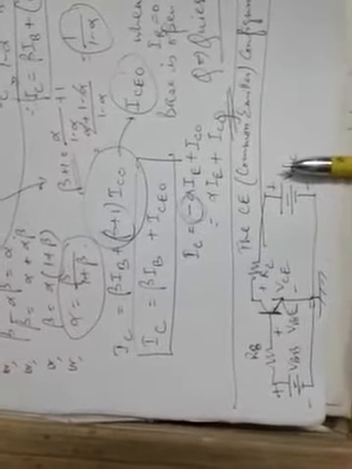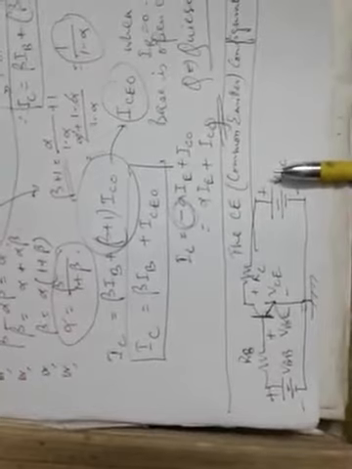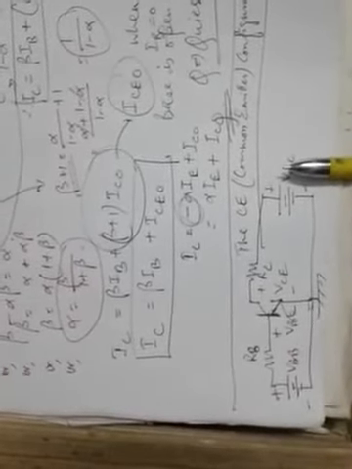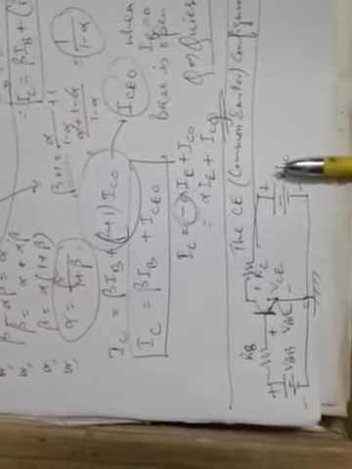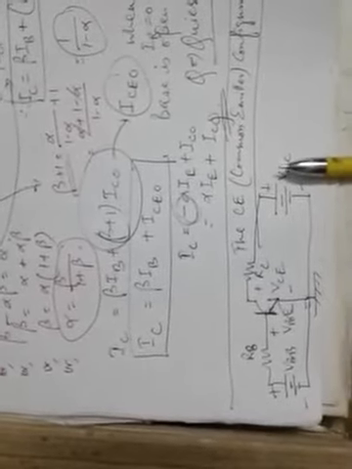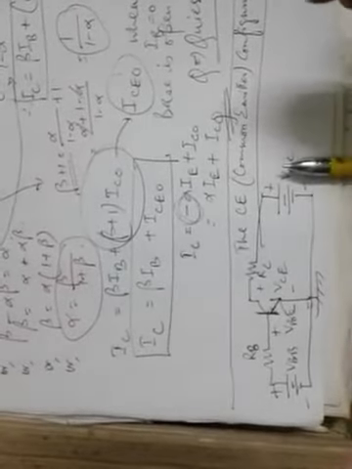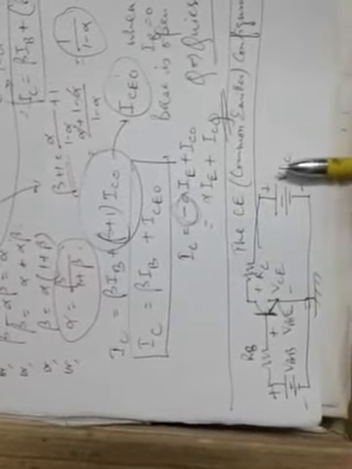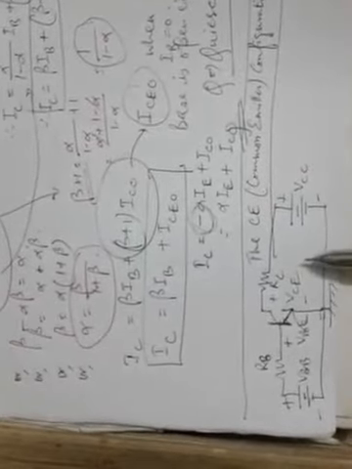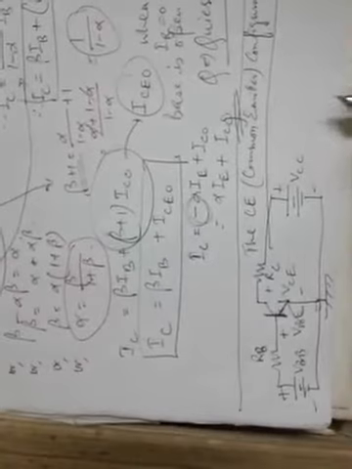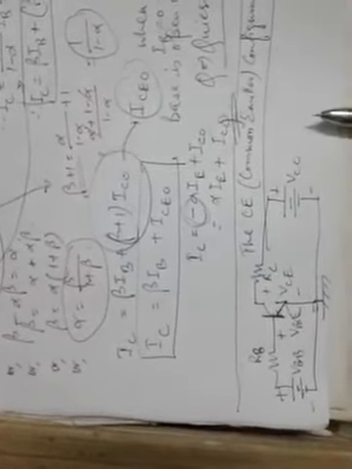By changing VBB and or RB, we can change the base current IB, and changing the base current will eventually change the collector current. As you know, there is a relation between IB and IC via beta. I have already discussed this in the last lecture, and in other words we can say the base current controls the collector current. So by virtue of beta, base current IB at the input circuit will be controlling the output circuit collector current. This idea is very important, that base current will control the collector current.